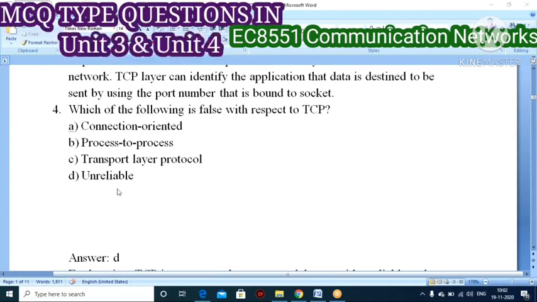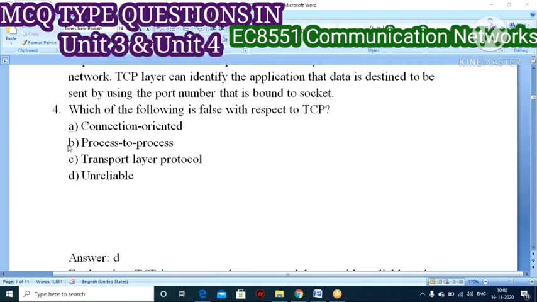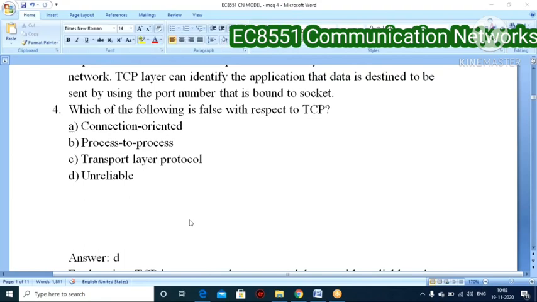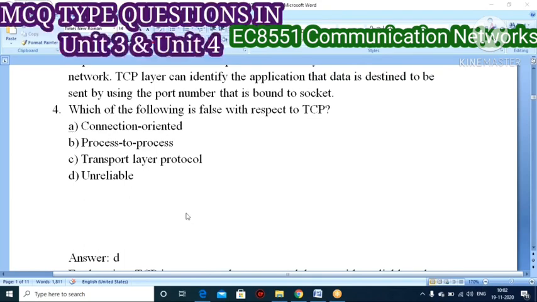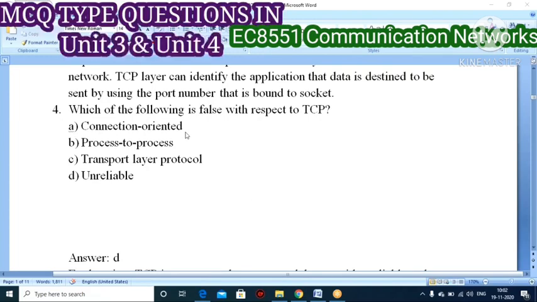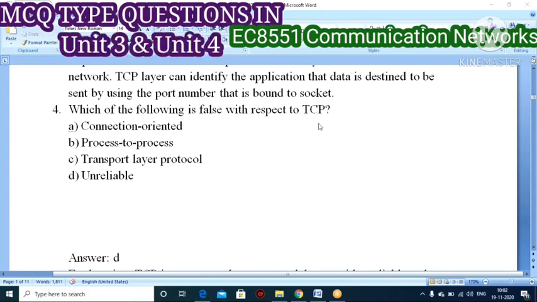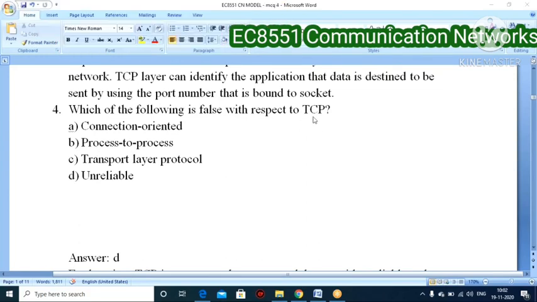Like this, you have to justify your answer also. If they ask a true or false question, you justify which one is really correct, because in most GATE questions nearly all the options seem correct, but you must be able to justify which one is exactly correct. TCP is connection oriented. Yes, that's a fine answer. TCP is process to process. Just now, before starting this quiz, I said the transport layer is nothing but process to process. Why do I say process to process? Because this communication is process to process only.